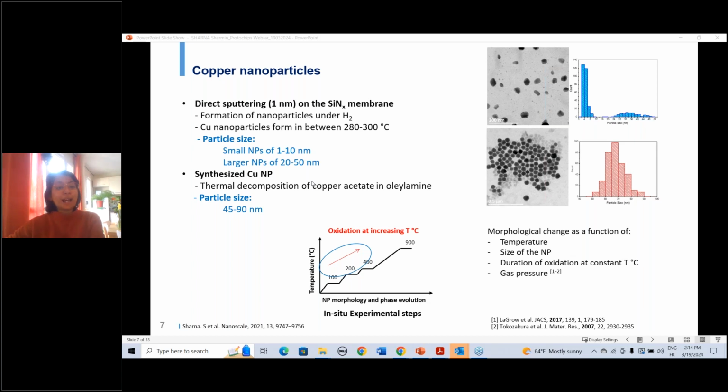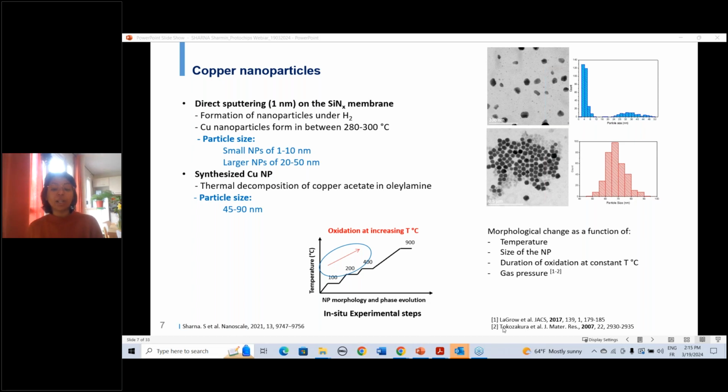Now, once we have the nanoparticles, we wanted to see how the morphology of these nanoparticles changes once we have the oxidation reaction going on. And we want to see how it evolves as a function of the temperature. If we increase the temperature, what is the size of the nanoparticles? And then in the next instance, we wanted to see what is the effect of the duration of oxidation if we keep the temperature constant. And finally, we did not have a look at the effect of gas pressure, but we can compare our study